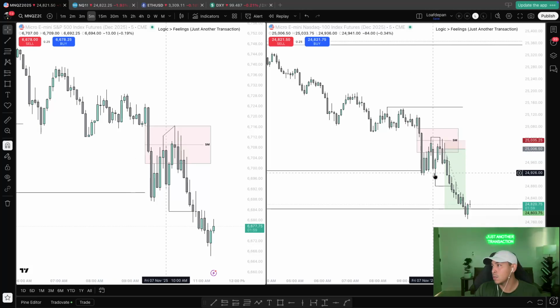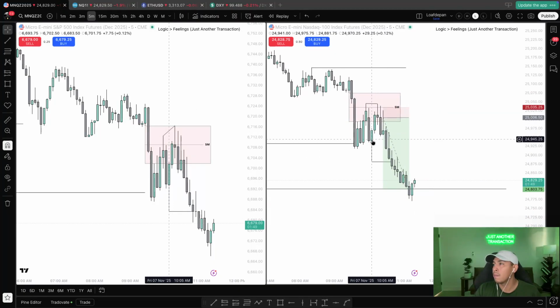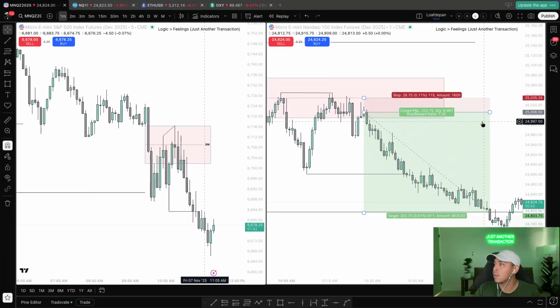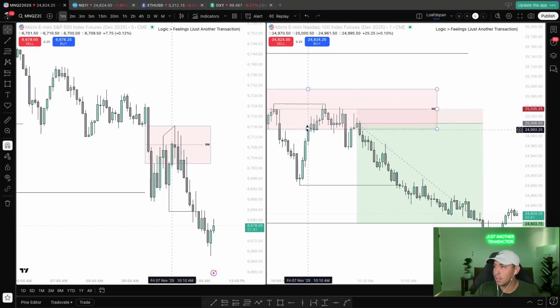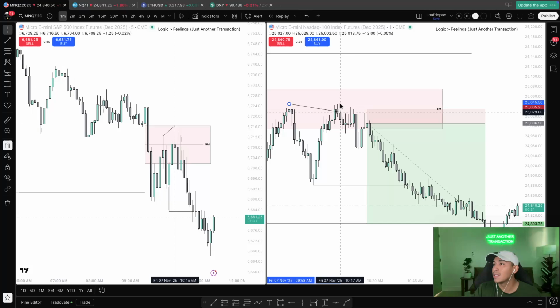So when we saw this displacement on the 5 coming down, I saw this as a form of manipulation just to go higher. And so we started to confirm that as well, as we can see. We started to displace higher here, and there was probably an inducing setup for a lot of people. I didn't take this because it didn't follow any of my models. So this right here, for people that trade inversions, they're probably in here, and they would have gotten stopped out or hit their TP right here. Or might have filled them, but it created an SMT here.